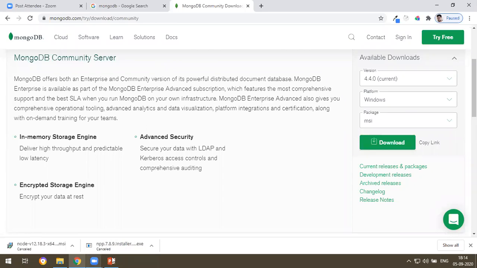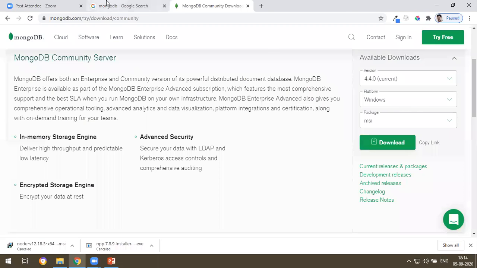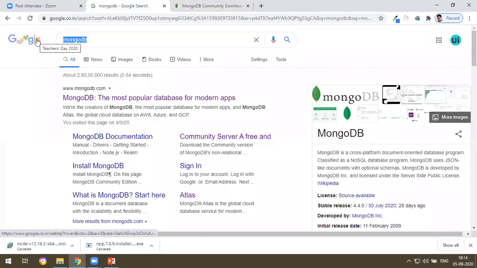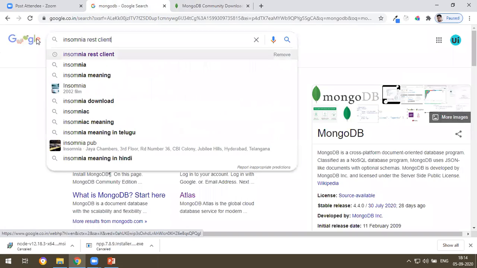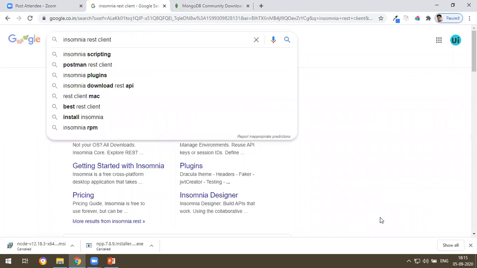That is MongoDB, and then Insomnia and Postman. Okay, so REST clients. So how to get Insomnia is, go to Google again, Insomnia REST client. You just type Insomnia REST client. So